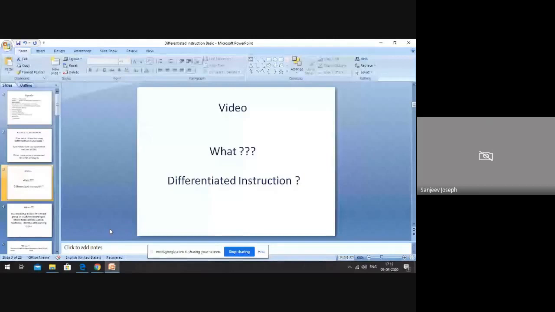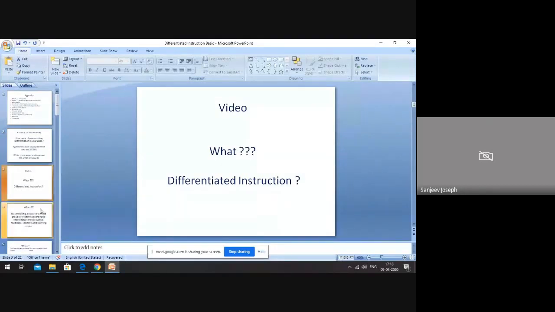That is taking care of all the children in the classroom and trying to make ways that all of them, in spite of their different individuality, come to the level which you are expecting them to be at. And that is the meaning of differentiated instruction, as she explains. And she is the one who is the pioneer in this particular field. There are a lot of videos and resource materials presented by her, available on the website, which I'm going to share later at the last moment when we are concluding.